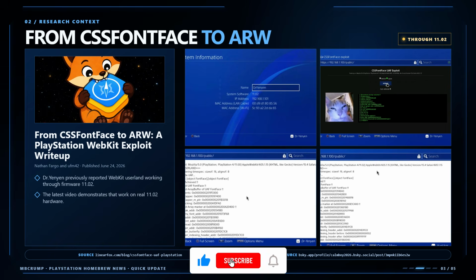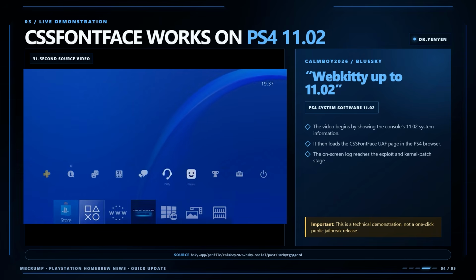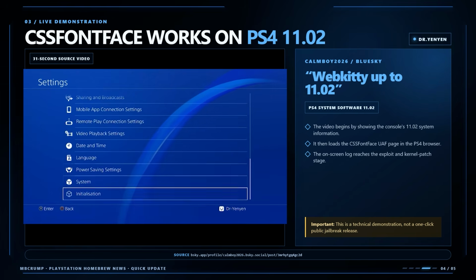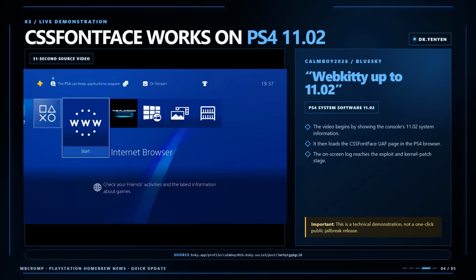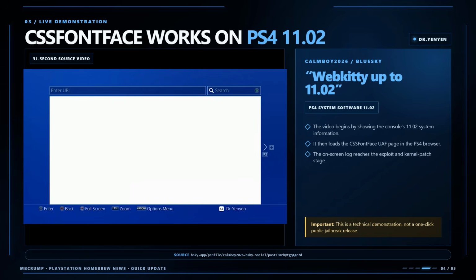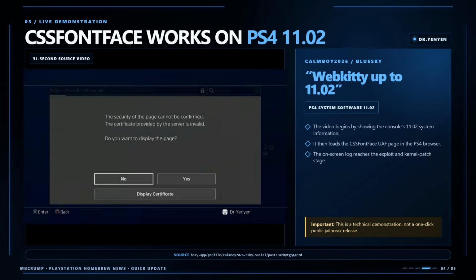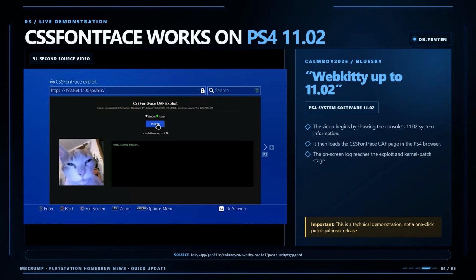Today I wanted to provide an update on the story I posted yesterday, titled From CSSFontFace to ARW. Basically, this is a userland exploit that is working on the PlayStation 4 and the PlayStation 5. And we have seen that now we're able to run this on a PlayStation 4 11.02 with a kernel exploit. Dr.Yenyen posted a video showing this working,